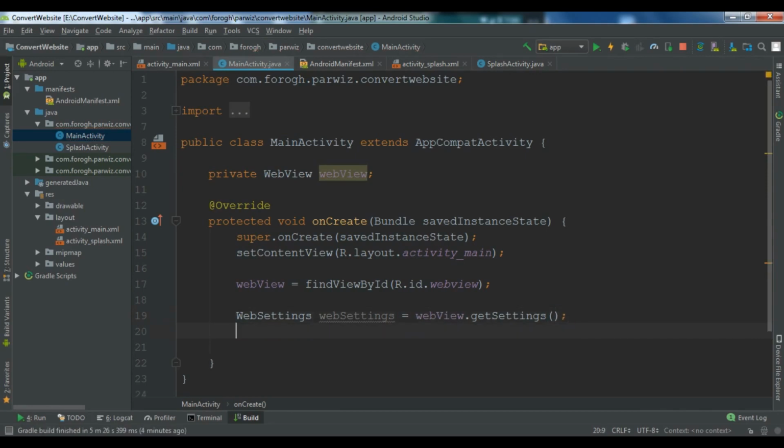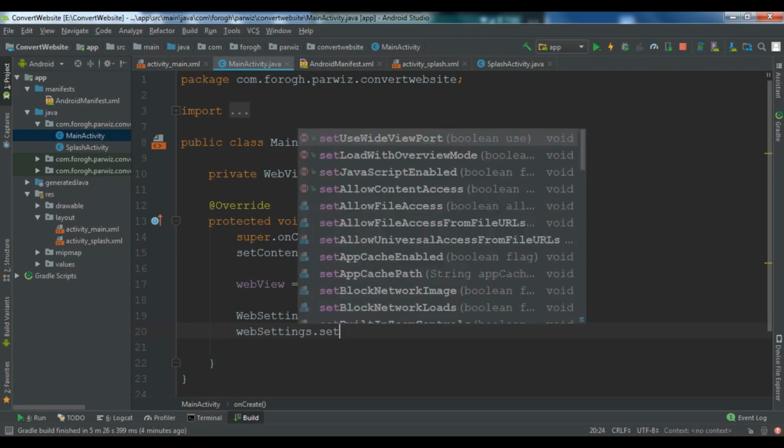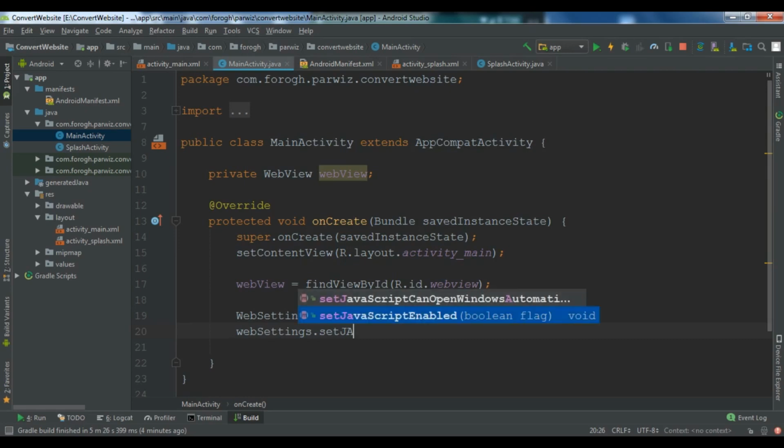So now after this, we need to set JavaScript enabled to true. So we can say webSettings.setJavaScriptEnabled to true. It takes a boolean value,